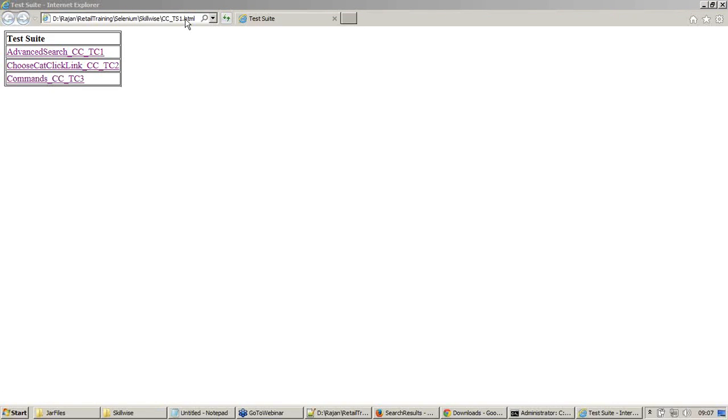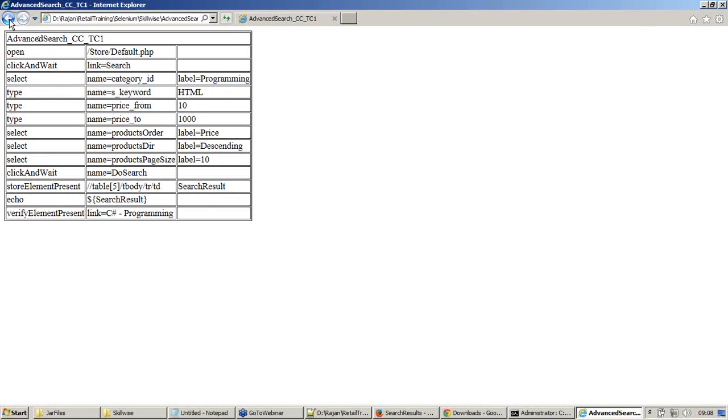So this is the HTML suite, and I have 3 test cases which are linked. Now I want you to correlate what happens when you open the test suite in the IDE. All these 3 test cases are displayed, and whenever I open it using the browser, I see these three links, which means I'll be able to navigate